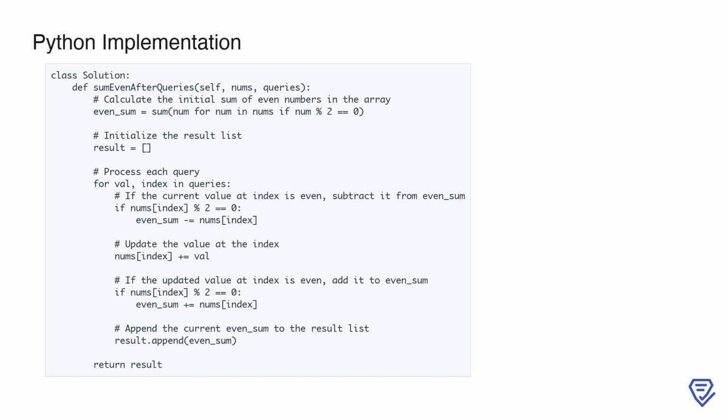Finally, we append the current even_sum to the result list. This ensures that after processing all queries, the result list contains the sum of even numbers after each query. Once all queries are processed, we return the result list as the output. This implementation ensures that we minimize redundant computations and handle each query in constant time, making the solution efficient with a time complexity of O(n + m), where n is the length of nums and m is the number of